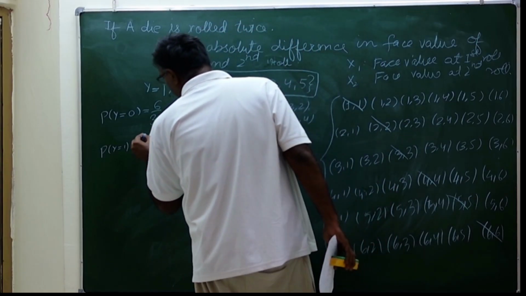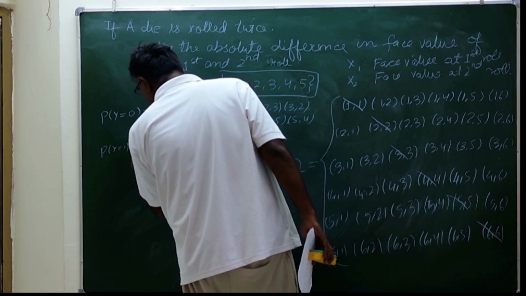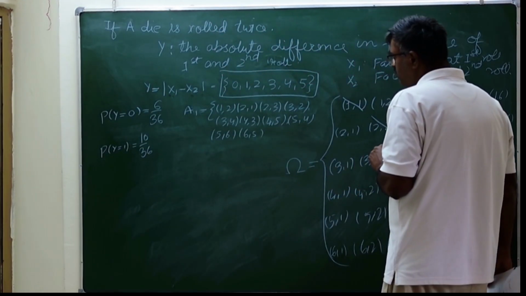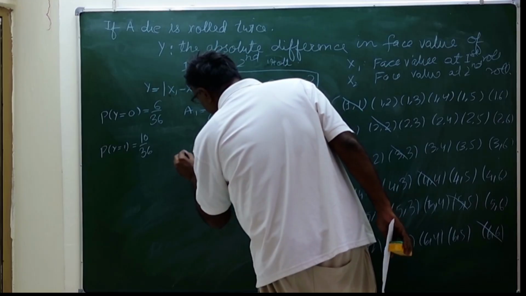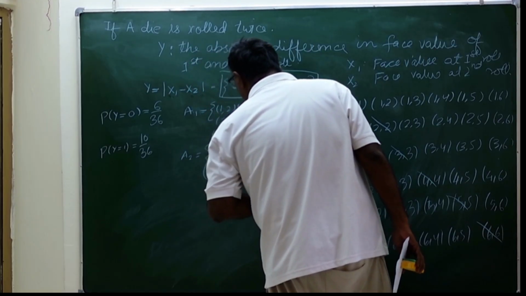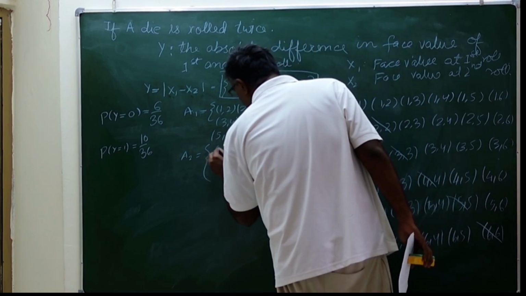So we got 10 sample points from this, and 10 by 36 is the corresponding probability. So similarly, we will write A2. The difference should be 2. So it will be corresponding to 1 and 3,